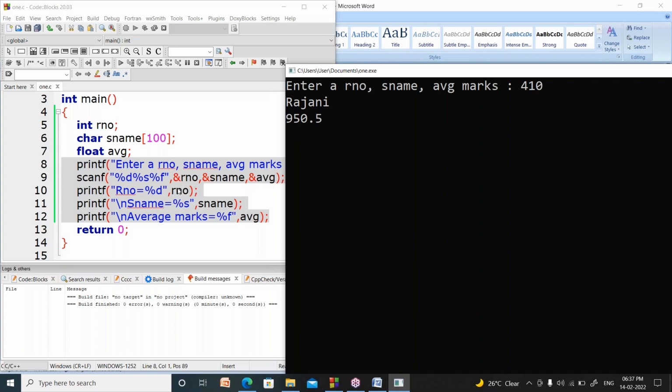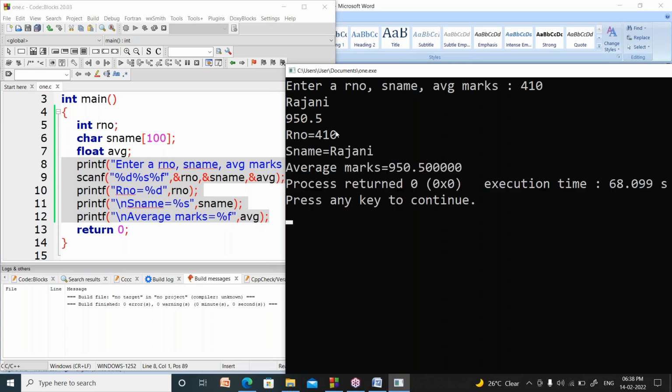After that, roll number. In roll number, what is there? 410. That will be substituted here and print roll number equal to 410. What is there in sname? Rajani. That will be substituted here, so sname equal to Rajani will be printed. After that, what is in the average marks? 950.5. That will be substituted in the percentage f place. That is the answer. See here, roll number equal to 410, sname equal to Rajani, average marks equal to